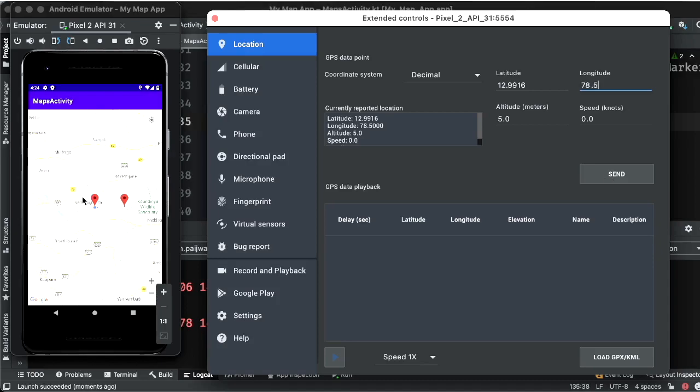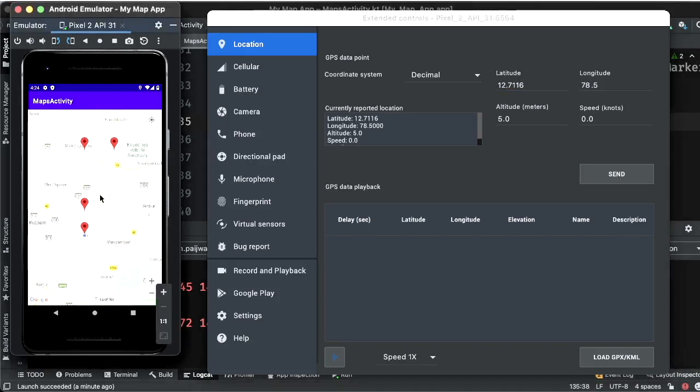Yeah, it got one more marker. Now I want to change this to say 7 and then see if it is changing again. Yes, it came down here, and we can make some more changes and then we can see more markers. Yeah, so these are the locations which are coming. Now you know where you are. Once you click on that, it will tell you the time, at what time you were there.